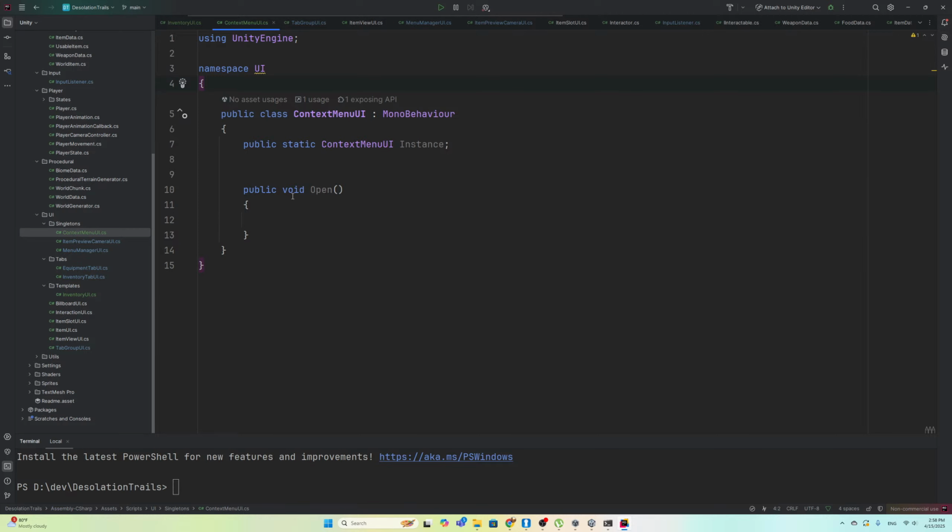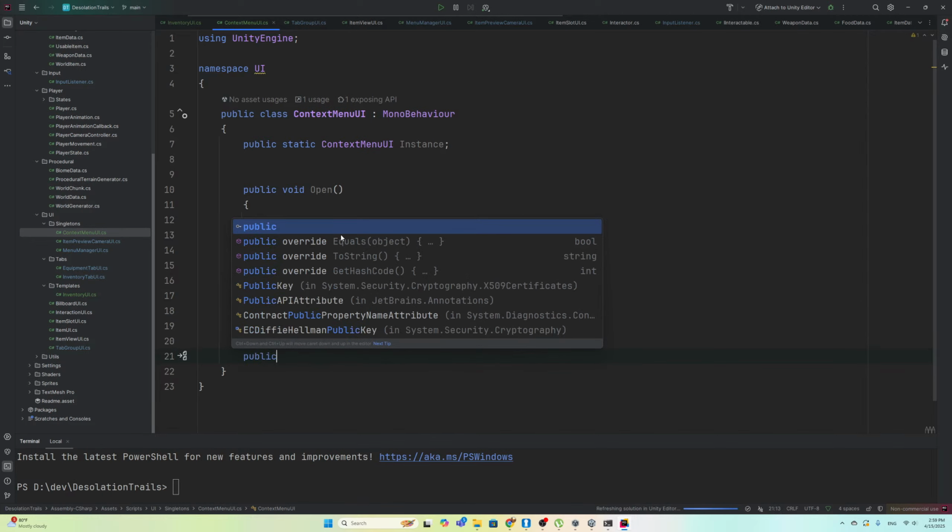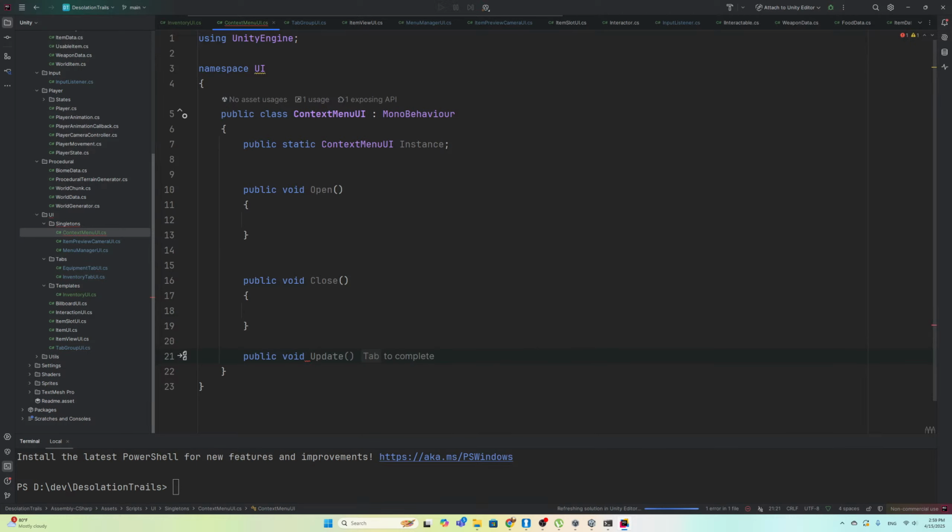So open, close, and then so when you open, you're going to add